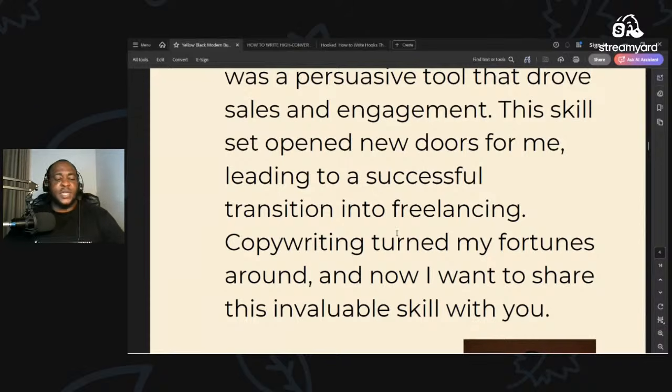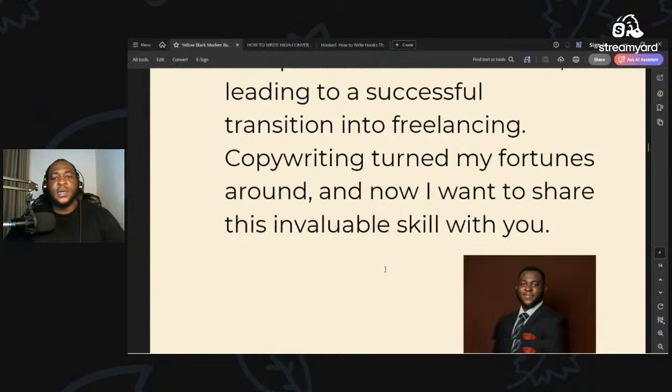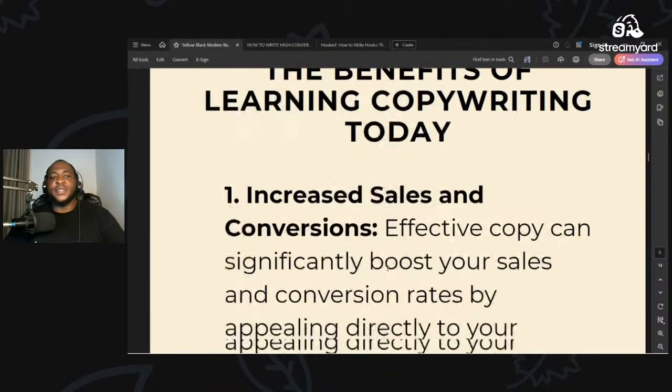So at the end of the day, I used to struggle with my business, and I felt like marketing is a dubious way of selling. You understand? Until I just learned copywriting. And after I learned copywriting, the benefit is that my sales increased because I stopped marketing stupidly. Like I stopped marketing like a novice.